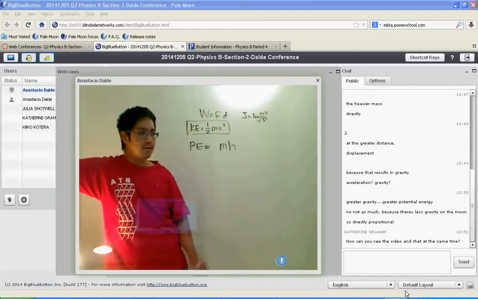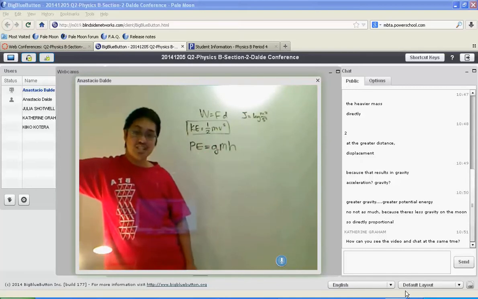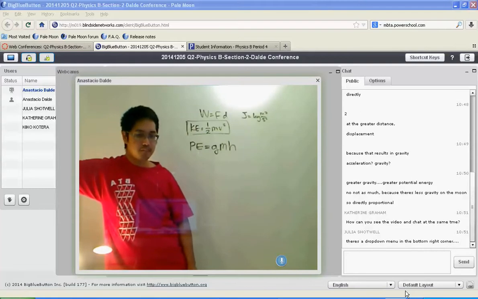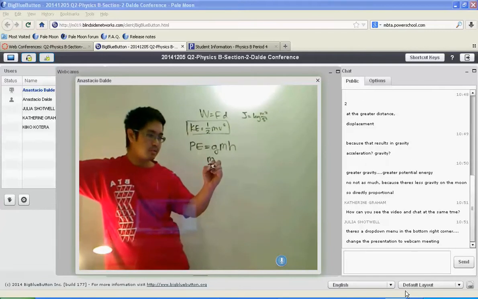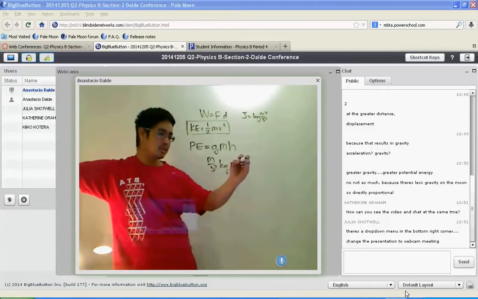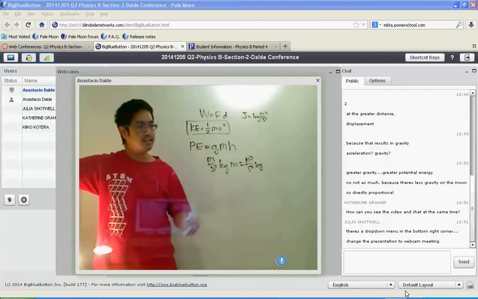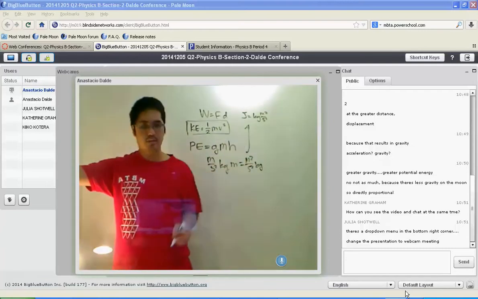All right, so potential energy is a measurement of gravity. Let's check the units on that. Gravity is measured in meters per second squared. Mass is measured in kilograms, and height is measured in meters. So the units for potential energy are meters squared per second squared times kilograms. Hey, wait a second, that's still joules. So we're in the clear here.